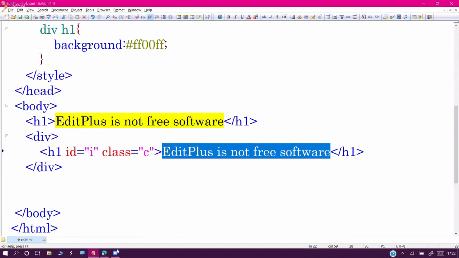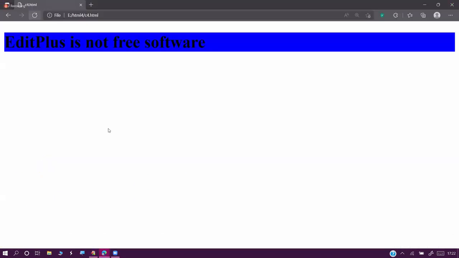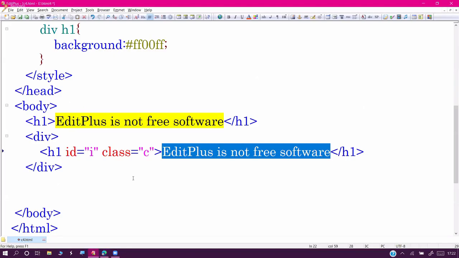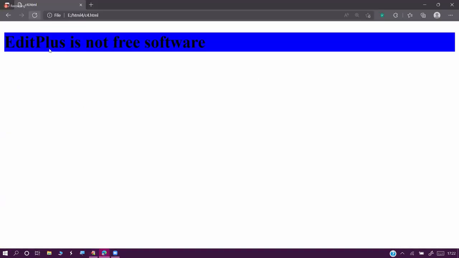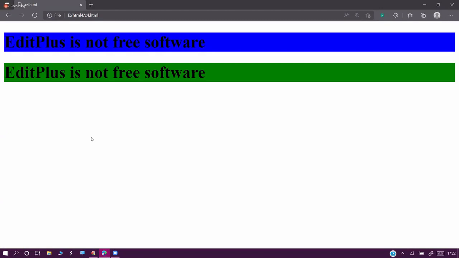Obviously the green background it will take. The reason is, green means